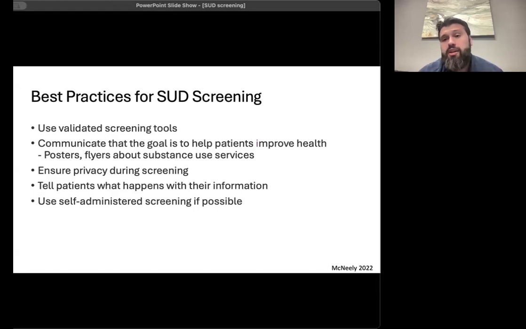You want to make sure that you ensure privacy during these conversations, so that it's HIPAA compliant, but also it leads to an environment of sharing. Let them know what you're going to do once you find out these things, again, that you're only here to offer help. And if you can, sometimes the test results are a little bit better if you let the patient actually self-administer these things, right? So if there's not somebody there and they can disclose this information privately, it can sometimes lead to better yield and patients feel like it's easier to answer these questions.